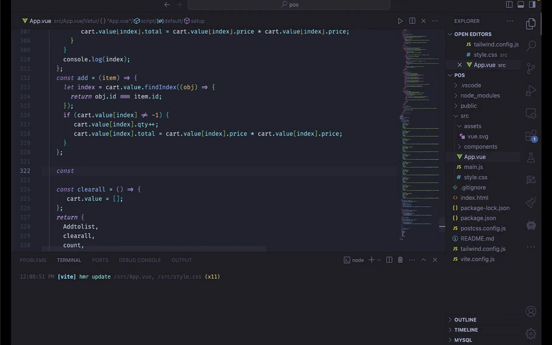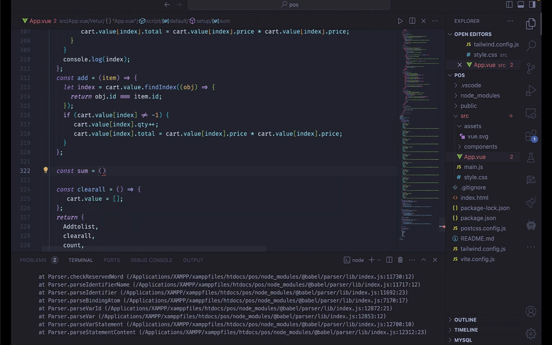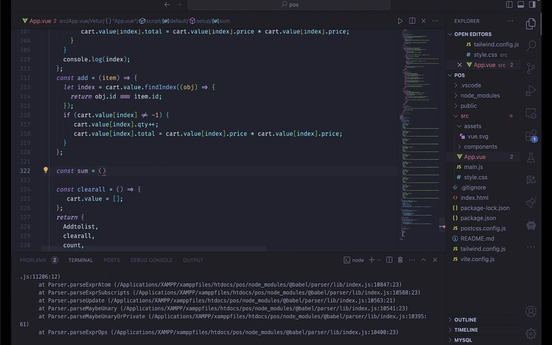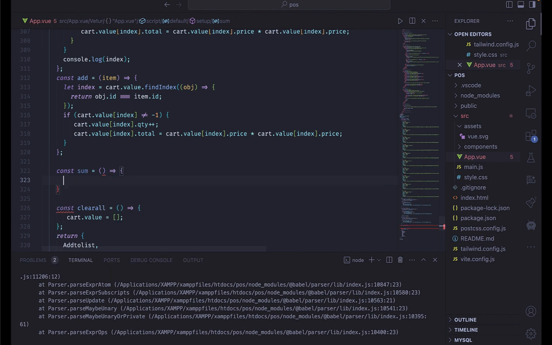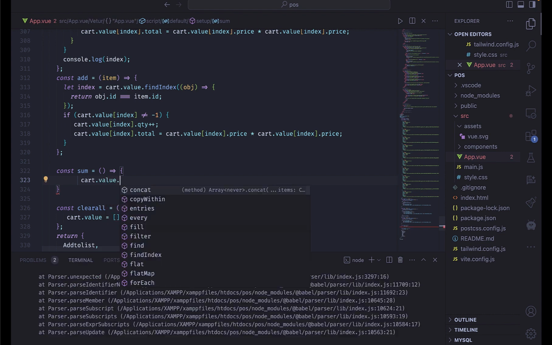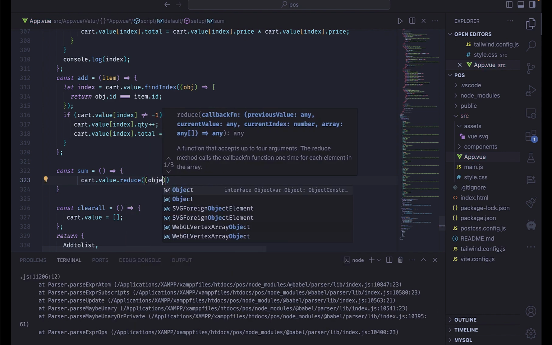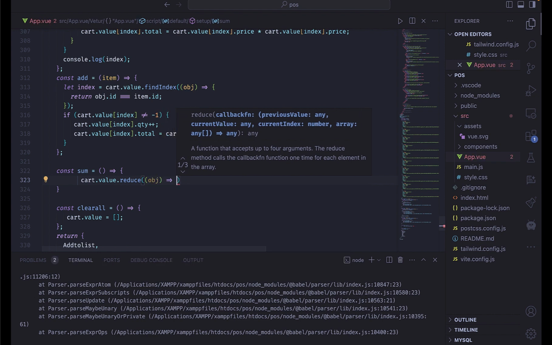Const sum, which takes nothing actually. So we shall say, what are we dealing with? First of all, we are looping through an array of objects. So it's cat.value dot reduce, right? So we pass object like that, then we say